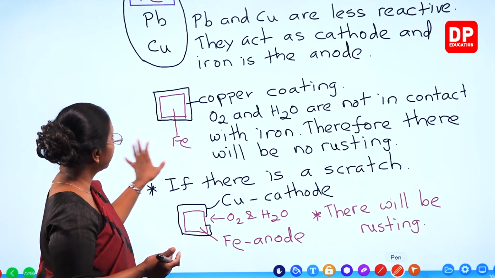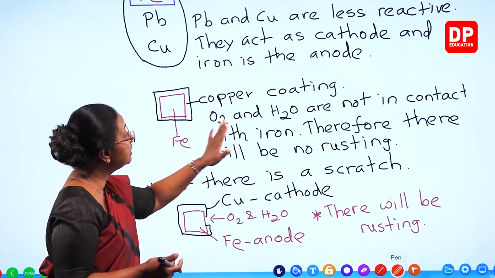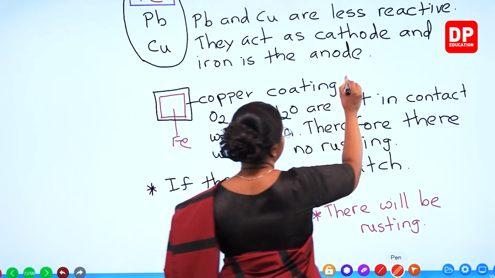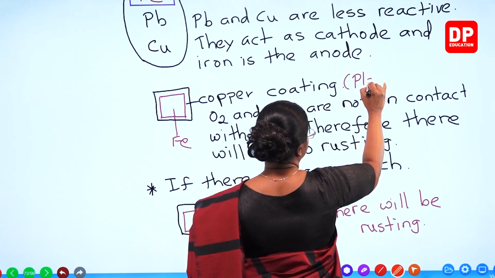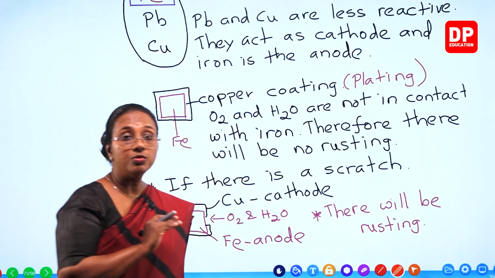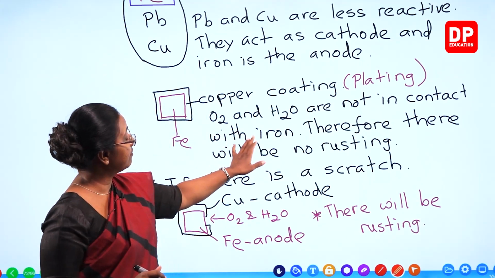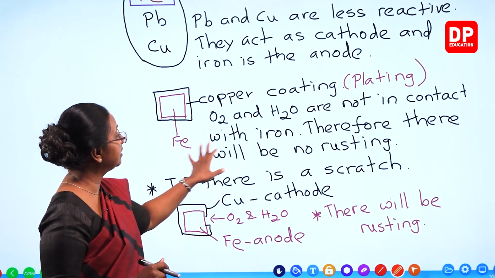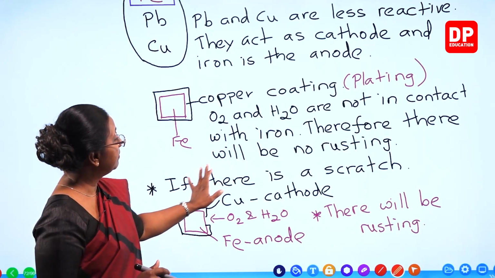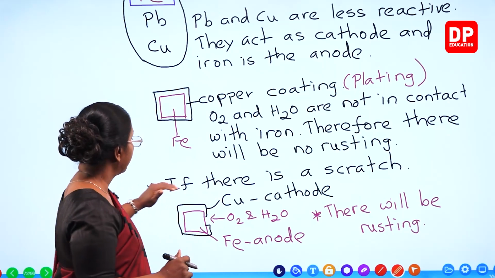So if it is an electroplated object, as long as the copper plating is there, so here it is coating or actually plating, there will be no rusting because oxygen and water are not in contact with iron. Therefore, there will be no rusting. But